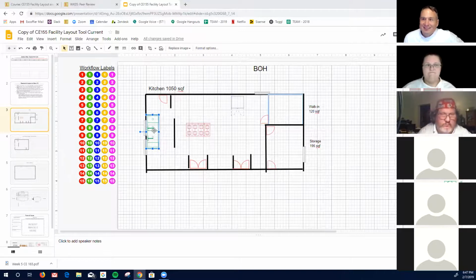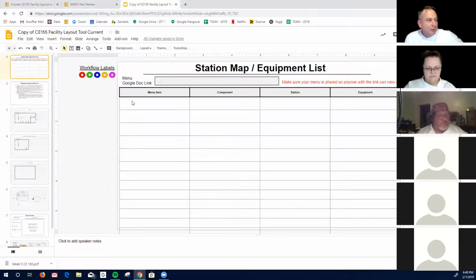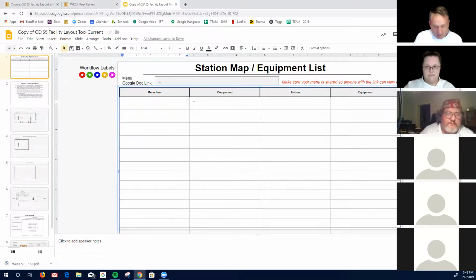Chicken. You know, I do love the chicken. Let's say a chicken Caesar salad. So we know in the walk-in, our chicken Caesar salad is going to originate, we'll use green for that. We will have put green next to the menu item up over here. So if this is chicken Caesar salad,